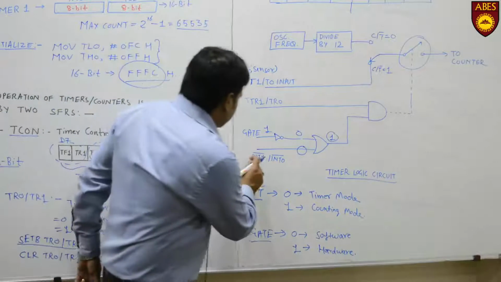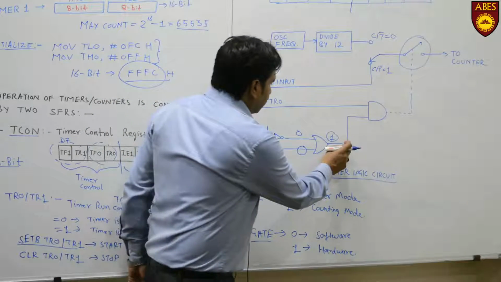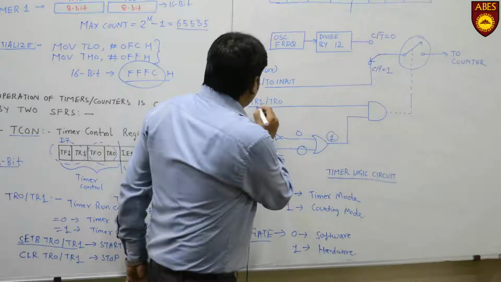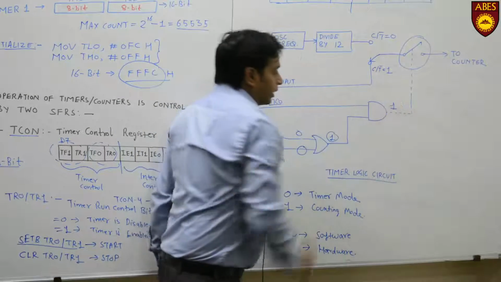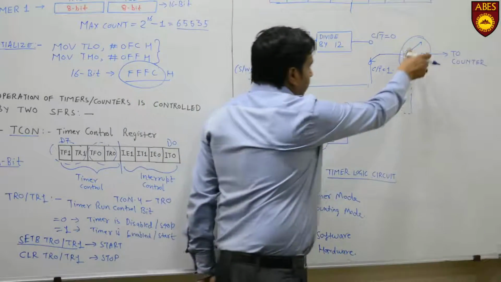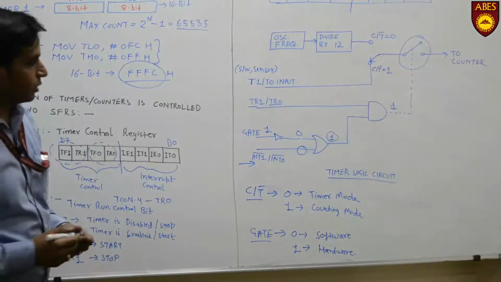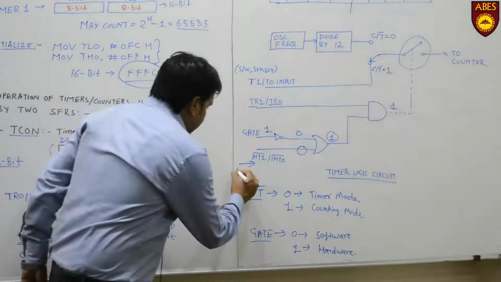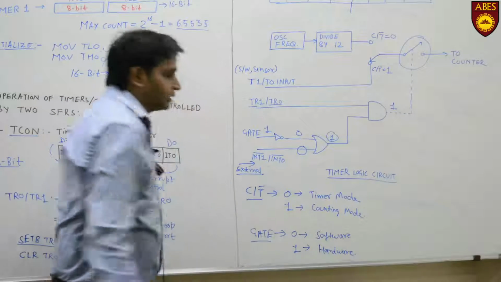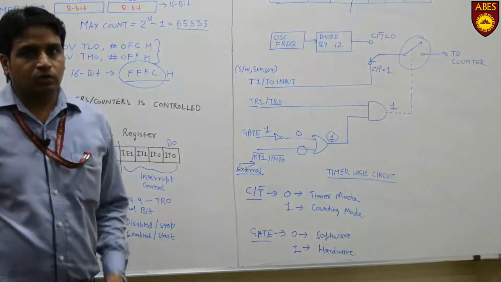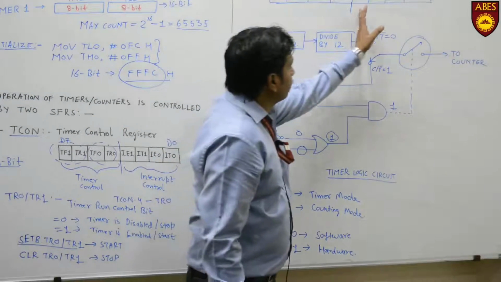So whenever we get some external interrupt from these pins, then the output becomes high, and if the TR1 or TR0 bit is already high, again we get the output of the AND gate equal to 1 and the timer counter starts again. So in this case, we are starting or stopping the timer counter with the help of some external source. Or we can say we are controlling the starting or stopping of the timer with the help of hardware. So these are the functions of all the 4 bits.